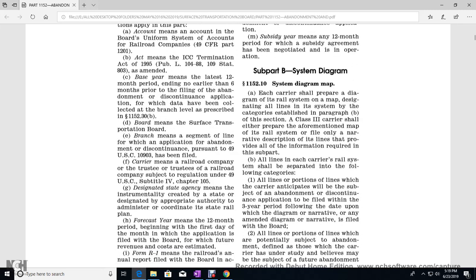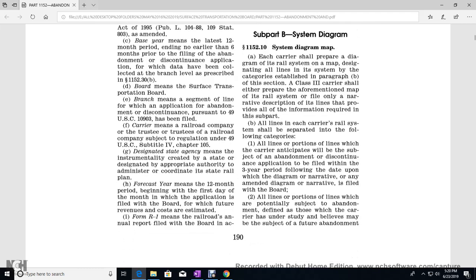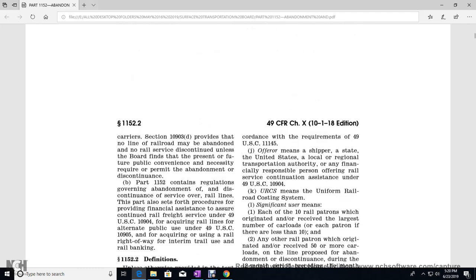Carrier means a railroad company, with the trustee or trustees of the railroad company, subject to the regulation of Title 49 U.S. Code subtitle IV, Chapter 105. Designated state agency means the instrumentality created by the state or the designated appropriate authority with the administrative coordination of the state rail plan. Forecast year means the 12-month period beginning with the first day of the month in which the application is filed with the Board, for which future revenues and costs are estimated. Form R-1 means the railroad annual report filed with the Board by a company in accordance with the requirements of Title 49 U.S. Code